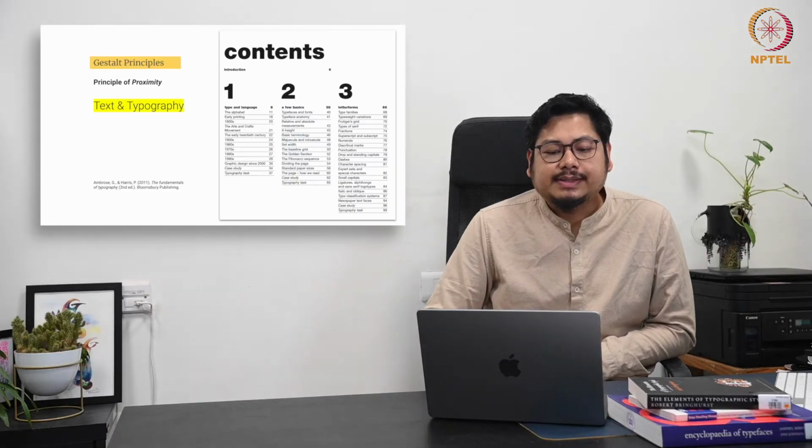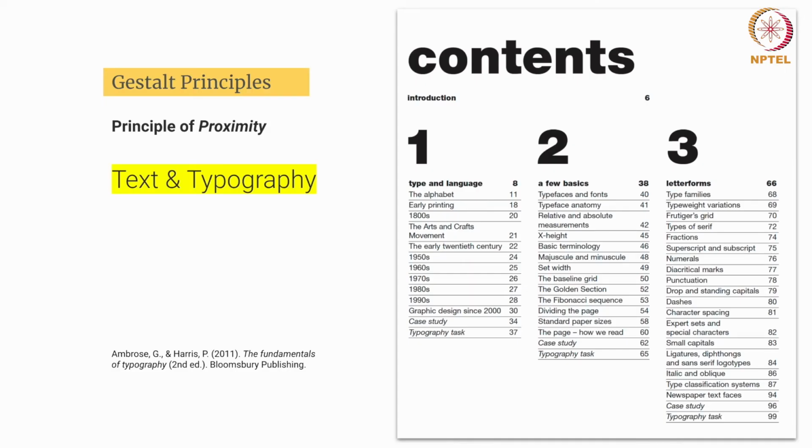Okay, so now let's see how text and typography under proximity can be looked into. This is again a screenshot taken from the book Fundamentals of Typography, and this is the table of contents section. In terms of the layout, it's very unique in nature how the table of contents has been divided into three columns. In print and publication, you will definitely learn the idea of grids and layout, and within that, how grids and layout help to create the sense of proximity is another interesting thing.